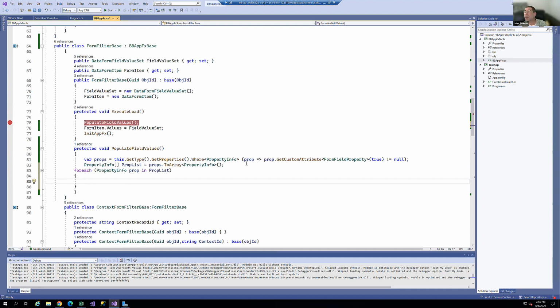And let's see if p dot property type equals typeof string and p dot get value